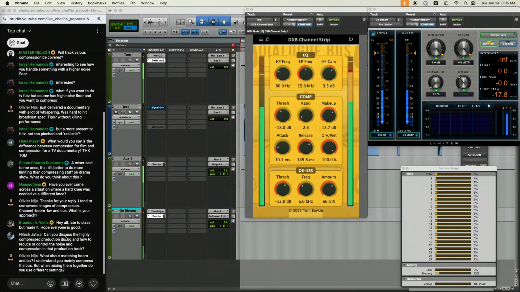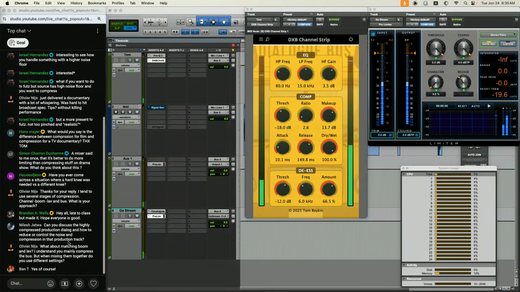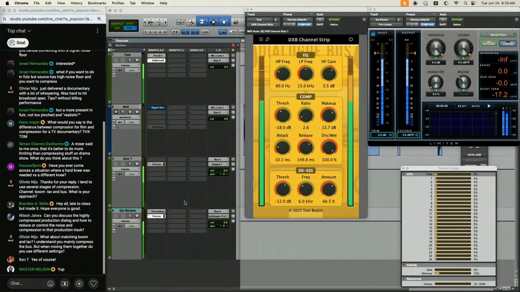Nilesh asks, can you discuss the highly compressed production dialogue and how to reduce your controller noise? Awesome question. This happens a lot with radio mics, lavalier mics, body mics, personal mics. Different countries call it different things. But you have a lavalier mic and it's super compressed. I'll show you one that does this, right here, the DJI Mic 2,